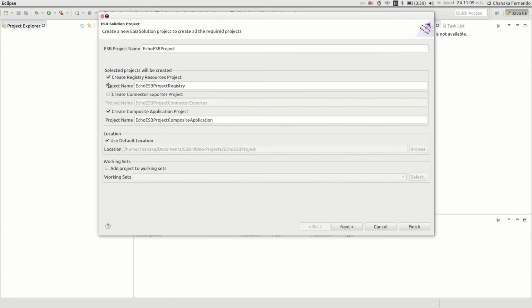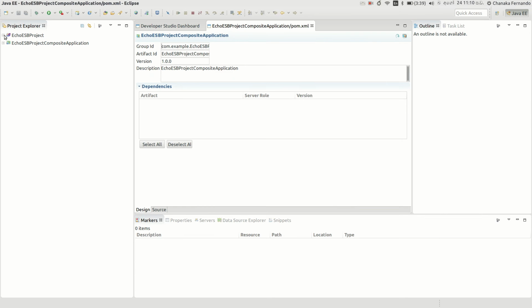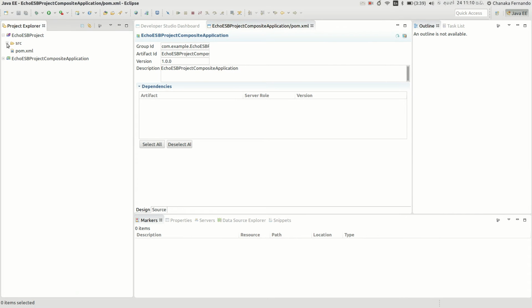Therefore I am deselecting the registry and the connector exporter project. Then you can give your preferred group ID and artifact ID. I'll keep them as they are and click on finish. Once I created this project, it created two configuration projects. The first one is the ESP project and the next one is the composite application project.